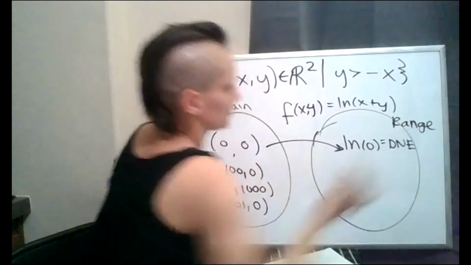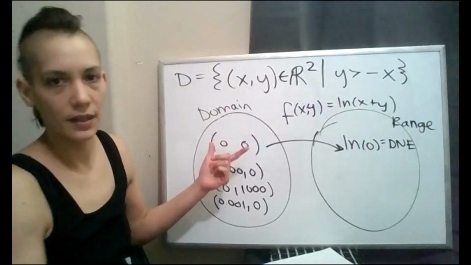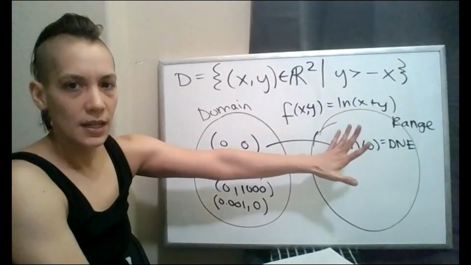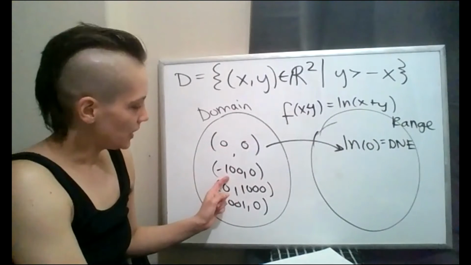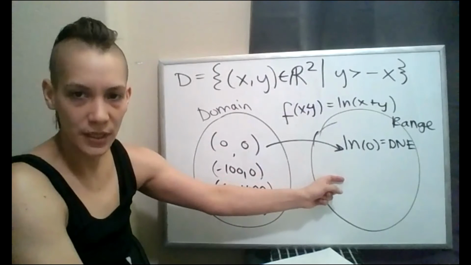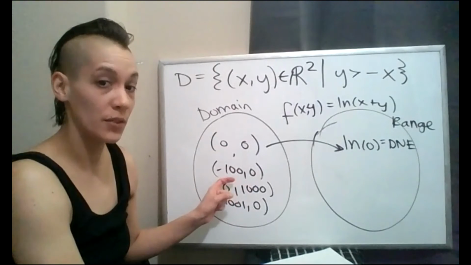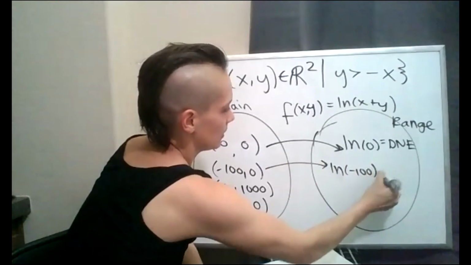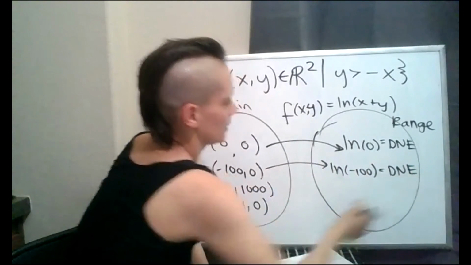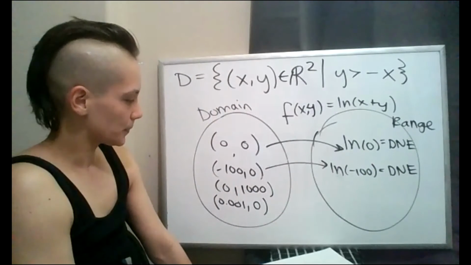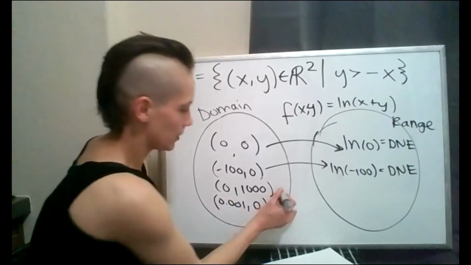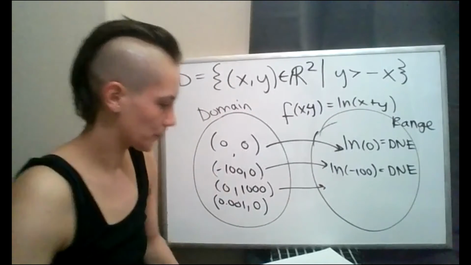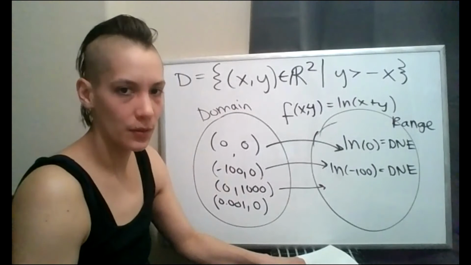So this is then the domain. ln of 0 is not in the range. Let's see, I think I'm doing this right. Let's then put in this input. We're looking for the set of outputs. So if we put in negative 100 for x, we get out ln of negative 100, which also does not exist. Put this number in and get this number out. Let's see. Got ln of